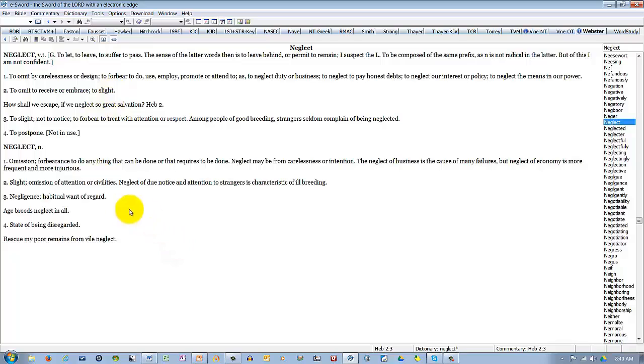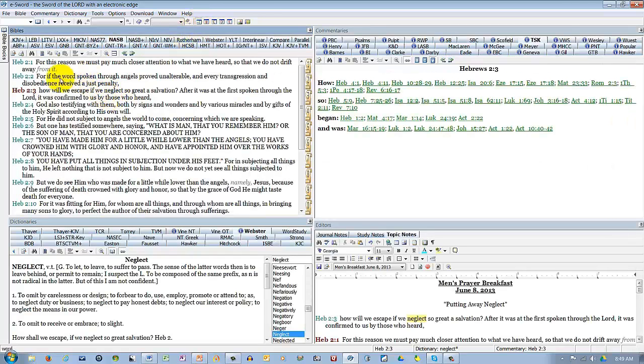And as I went on through this study, continuing through various definitions, also continuing through a number of translations, I ended up with more than 40 biblical aspects of neglect that help to flesh out the kinds of applications that I might find in my life, or in the case of where I use this study in sharing it with the men at the men's prayer breakfast, where our men could reflect on the various aspects of neglect, and perhaps by having so many aspects revealed, that we would see various areas in our life that needed attention,